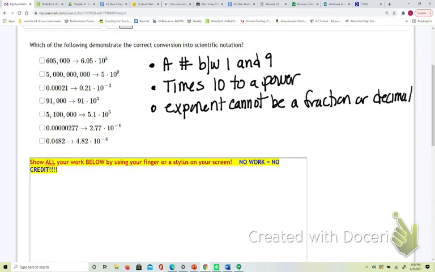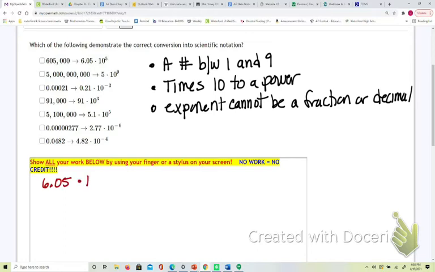Okay, now we start with the very first one. So notice that we have 6.05 times 10 to the 5th. Is 6.05 between 1 and 9? Yeah. Is it times 10? Yes. Is my exponent not a decimal or fraction? It's good. We're all good. But now I need to know, is this 5 the correct number? So what I'm going to do is in my work area, I'm going to write